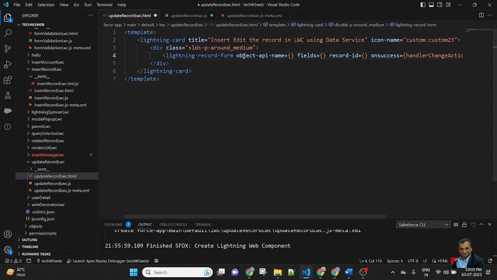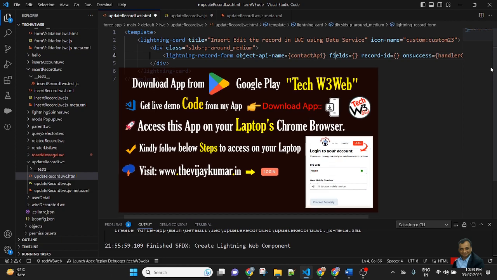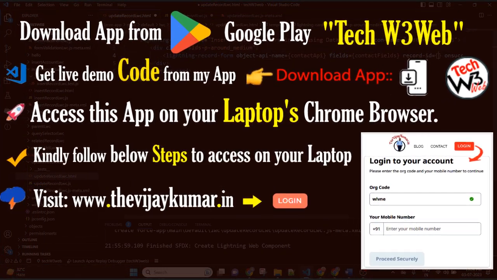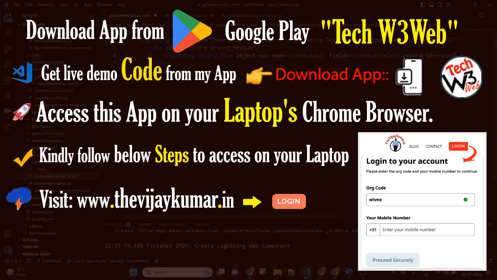So for object API name, pass the contact API, and here I will pass the contact fields, and pass the record ID. All of these variables will be created in the JavaScript of this LWC component.